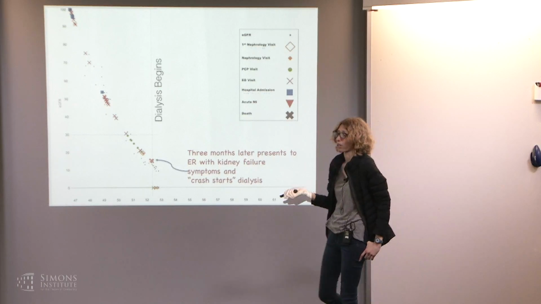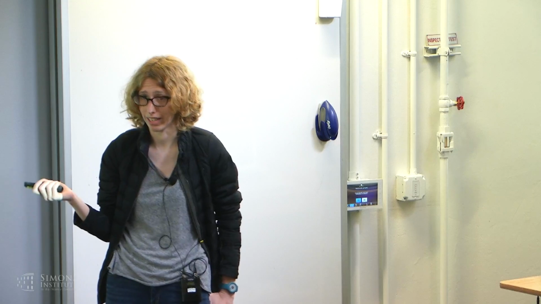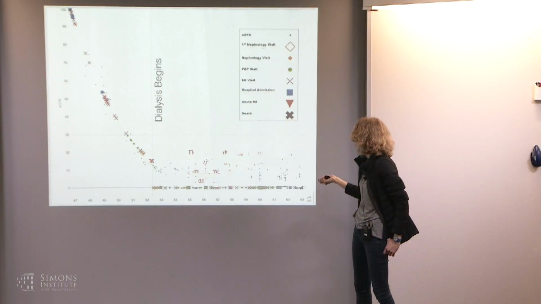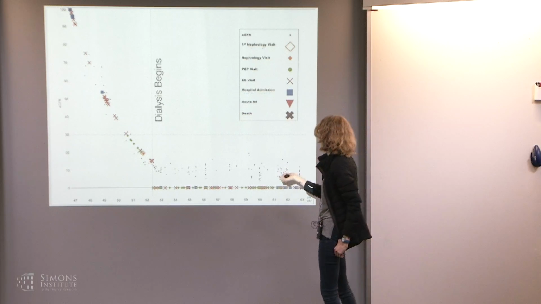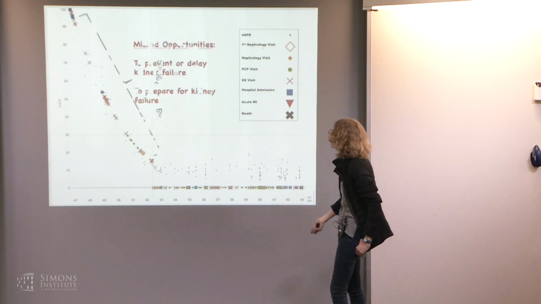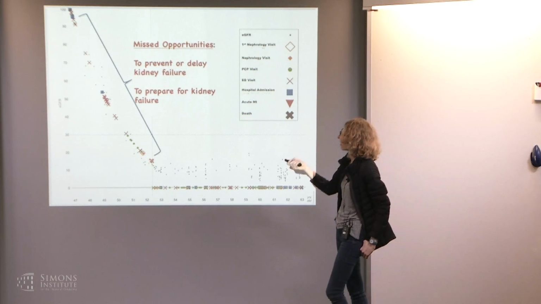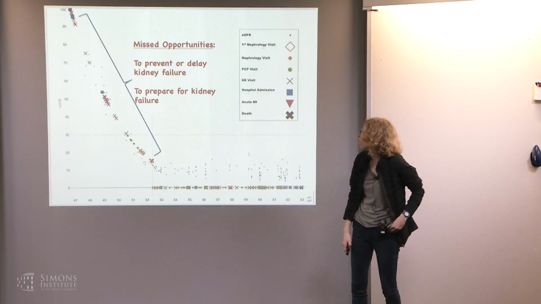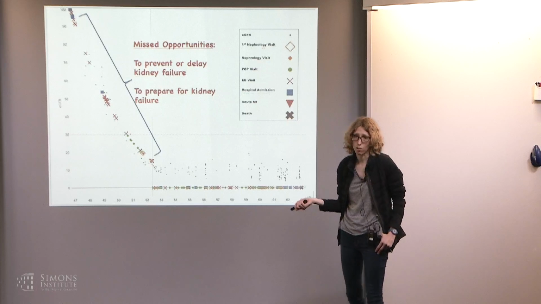And it's also an incredibly expensive procedure from the hospital standpoint. It's one of the most expensive single procedures a person can have. So they continue on dialysis for the next 10 years before they pass away, and obviously this is a person with lots of problems. But this period of time right here, the first few years, is a period of missed opportunities, right? We had the chance to prevent or delay kidney failure in this individual, and that wasn't acted on,